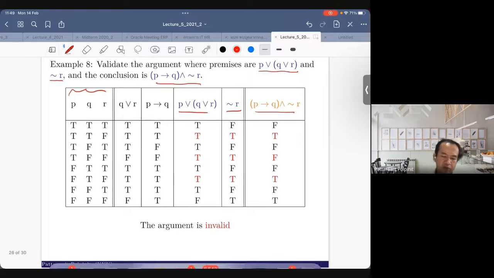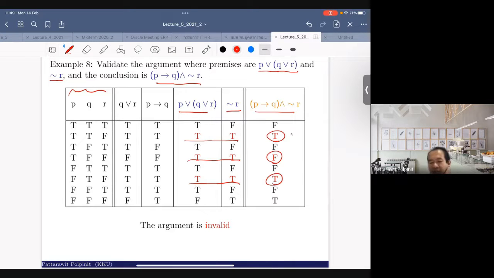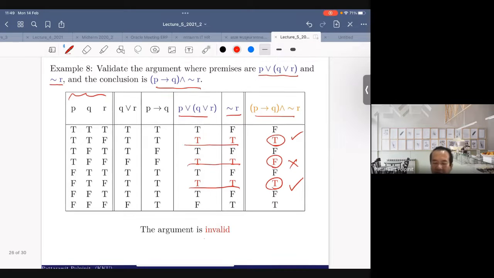And this one critical row would be row number 2, row number 4, and row number 6 again. In these 3 rows, you have to check the truth values of the conclusion. As you can see, the first one is true, the second one is false, and the third one is true. Since the truth values of the conclusion are not all true, this argument is invalid. Okay,